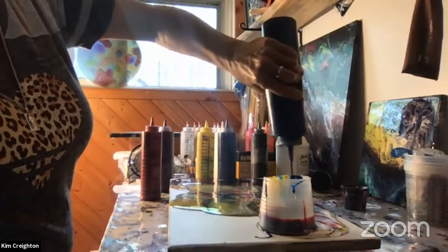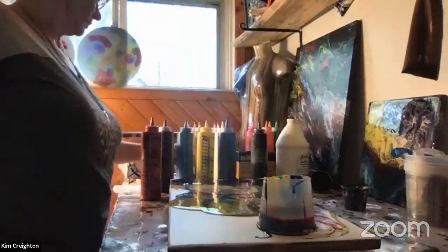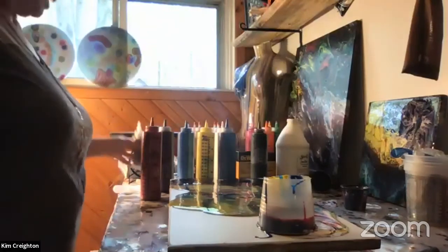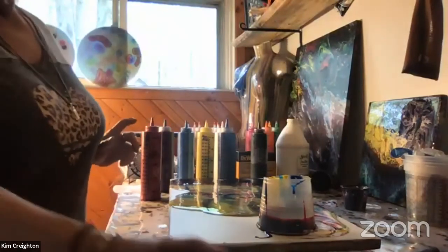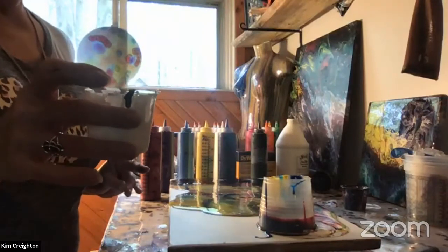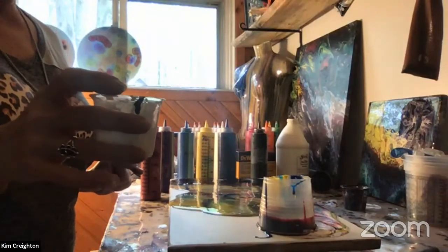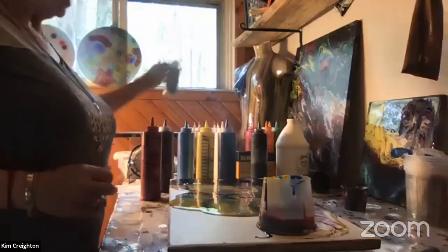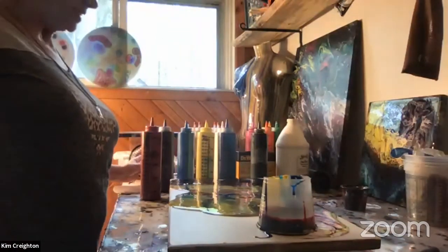Was there any silicone in the cup, the first one, or no? Oh, you're putting it in as you go. Well, there was silicone in the white cup. In the white, but I didn't know if there was any when you first put in the black. Nope, it was not. Okay. I might put a couple in the black because there's nothing under the black, so it won't really